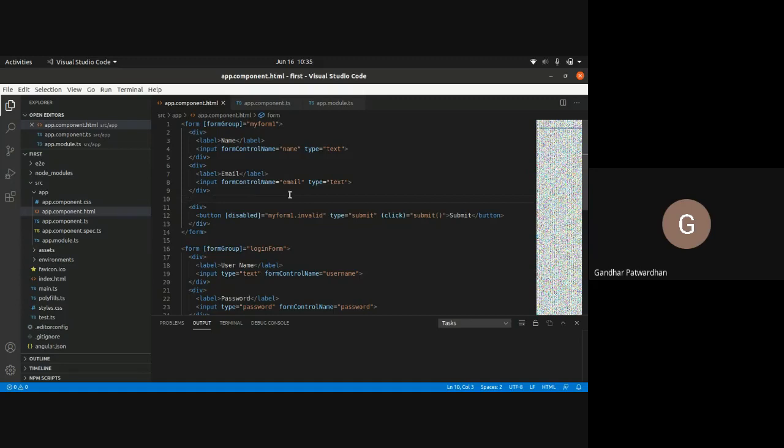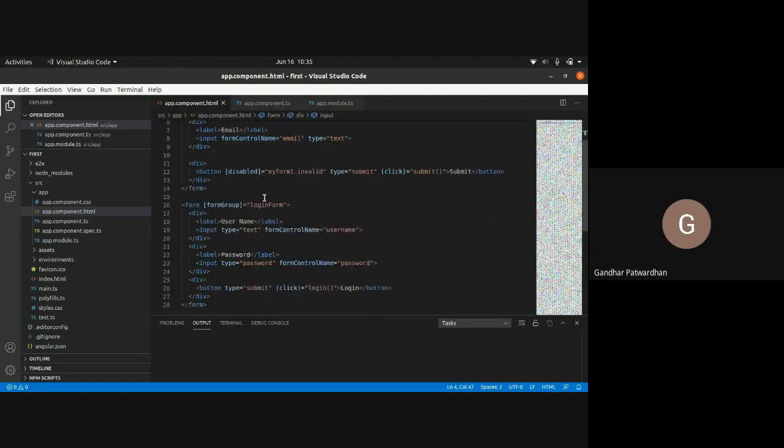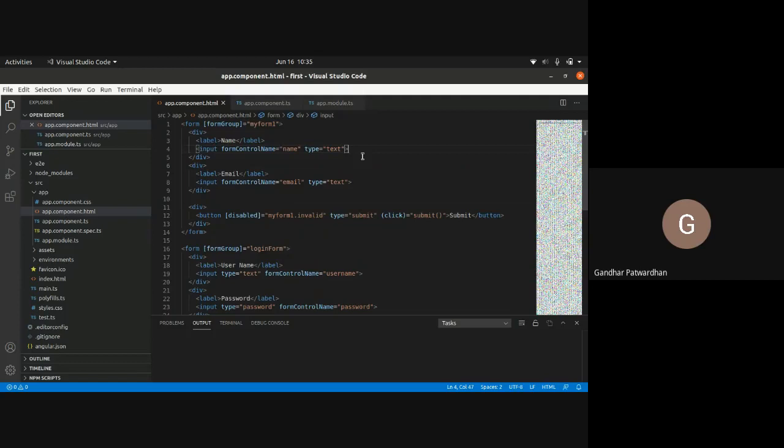Form group corresponds to the form tag in your HTML, and form control corresponds to the input tag, right? And we were able to group things together in a single variable, which is say my form, or a single data member, which is my form one. We were able to get the values of name as well as email. So that was pretty easy.